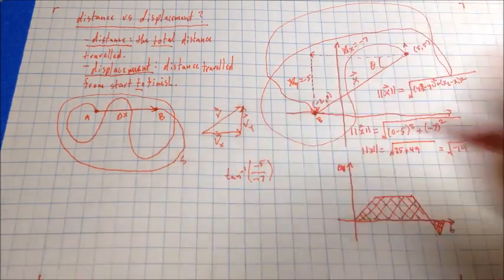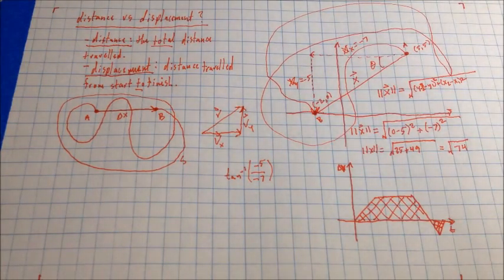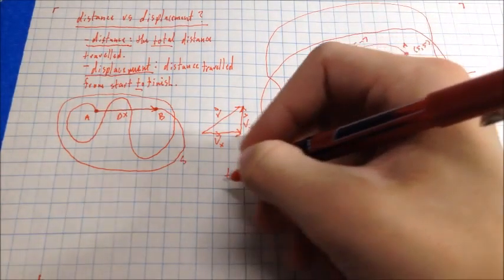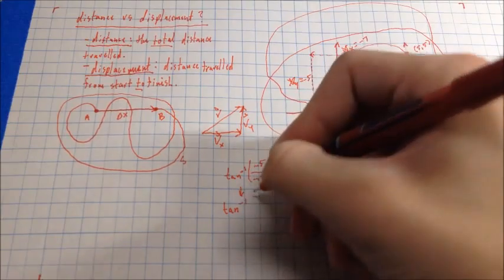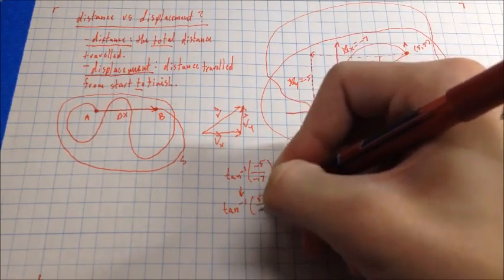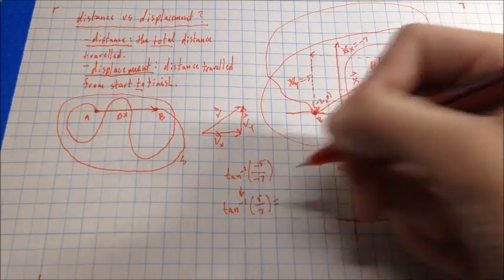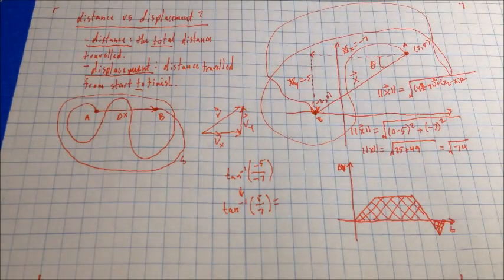If you're confused by this process, chances are you have a somewhat weak grasp upon trigonometric functions, and for that I would recommend that you check other resources concerning mathematics itself before you delve into this. But moving on, this simply simplifies to tangent inverse of 5 over 7,